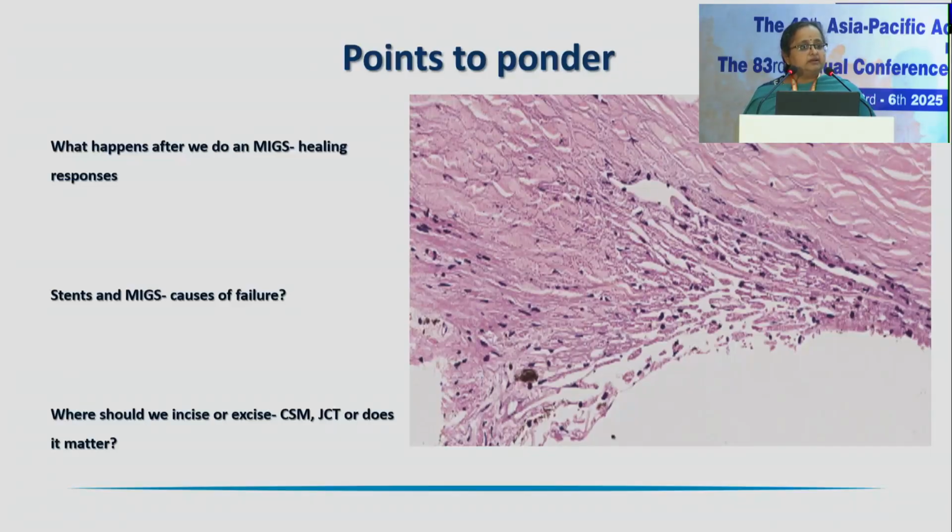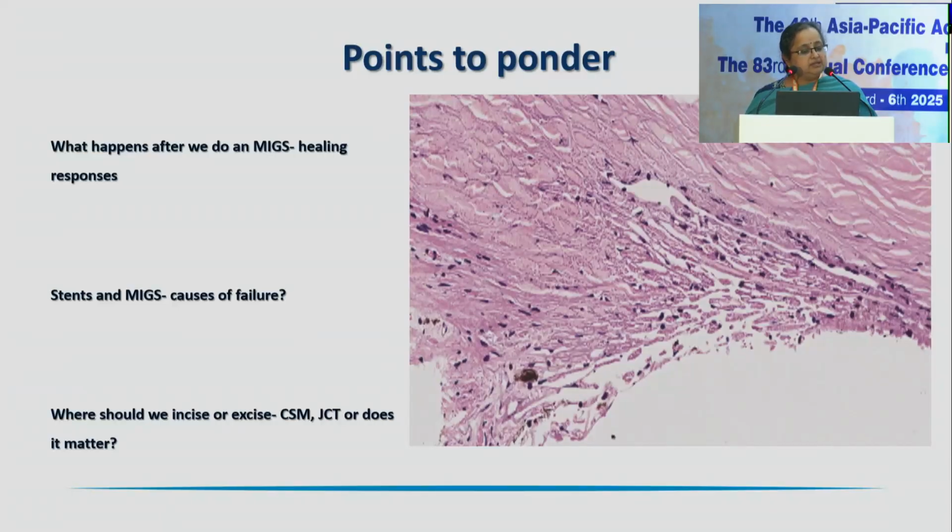So these healing responses that occur after you do an incisional or excisional procedure are equally important to be imaged on ASOCT or UBM and try to correlate with your clinical findings. We don't know exactly where this healing response comes from. You see hypertrophic scars. You see sometimes the ridge to be closed by a fibrotic tissue, but where is that fibrotic tissue coming from? Is it from the scleral fibroblast? Is it coming from somewhere else? We don't know. Further, stents and MIGS, like I said, what are the causes of failure? Is it closure of the collector channels, or is it some other reason like fibrosis over that region? We just do not know.